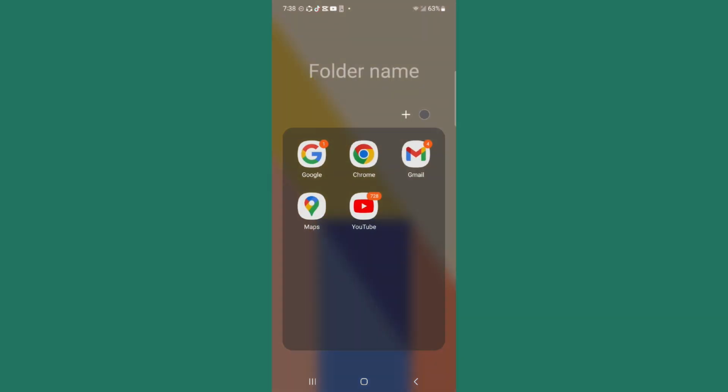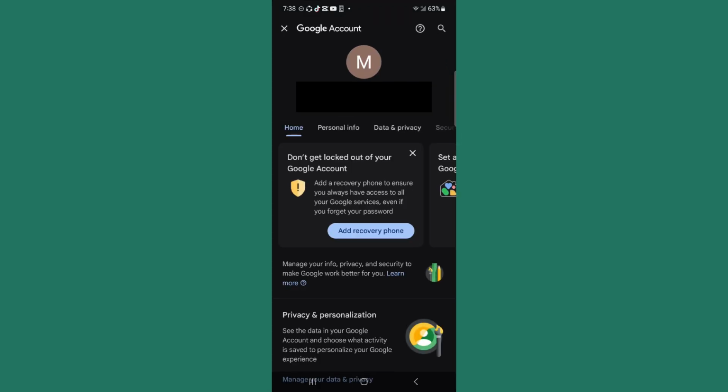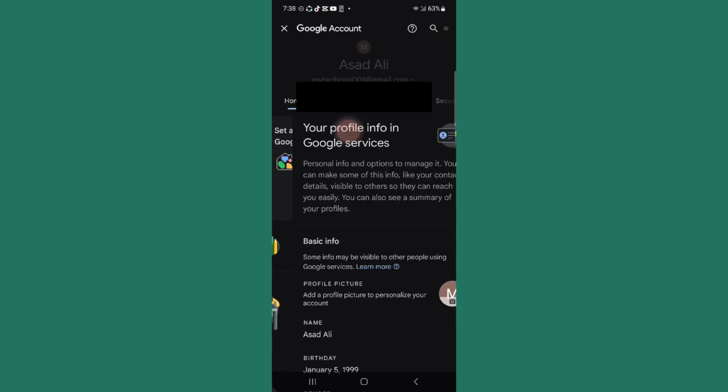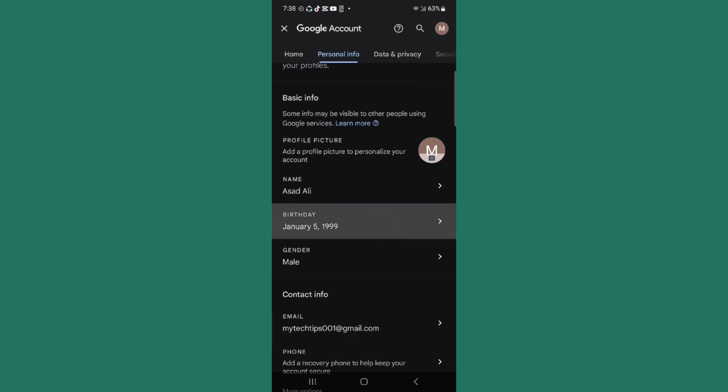First of all, you have to open your Gmail app and then click on your profile picture and then just click on manage your Google account. After that, you have to click on your personal info. Just scroll down and here you can see birthday. If I want to change my birthday, here click on birthday